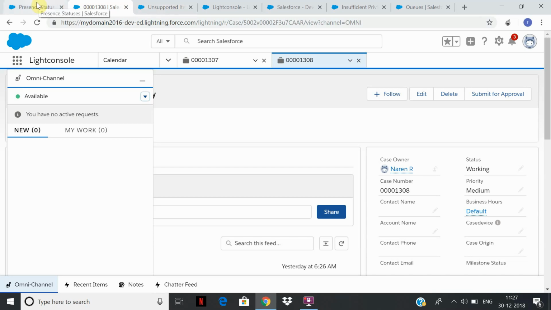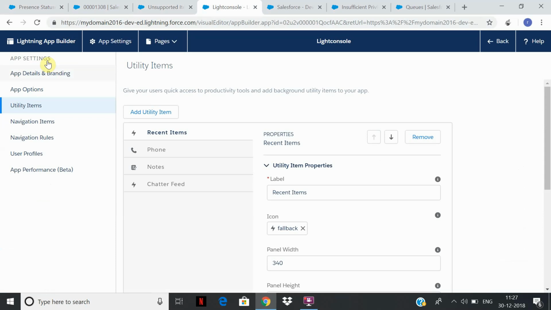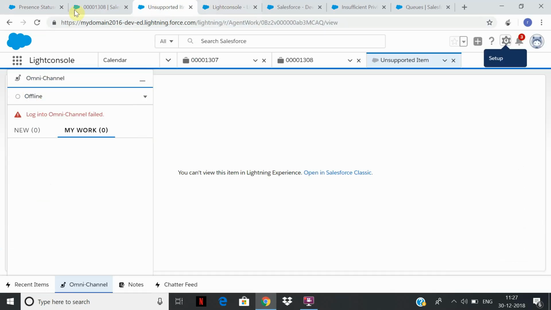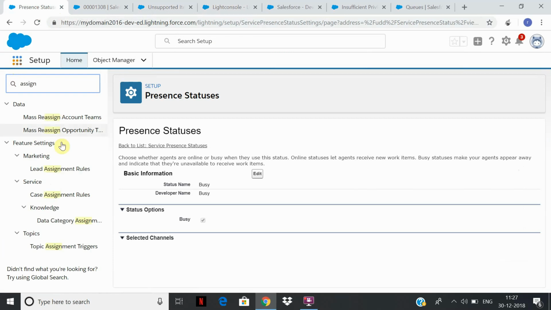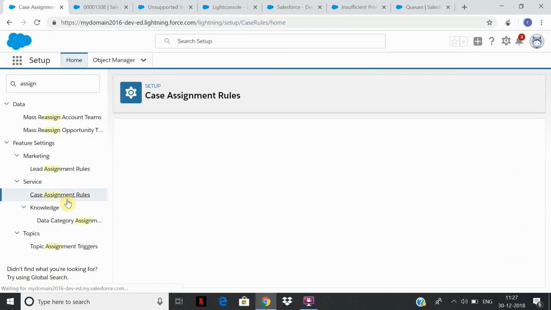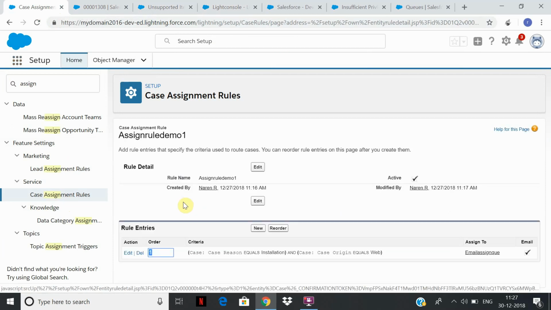So let us fire the scenario where the assignment rule will fire. For that, let's check the assignment rule, or let's create a case. The assignment rule says case reason equals web.